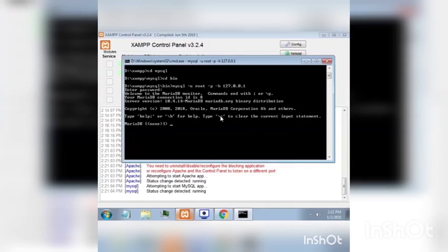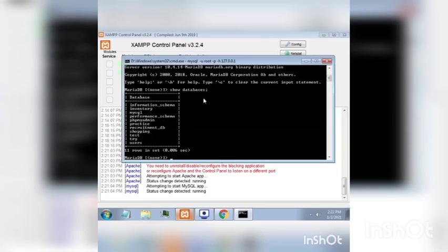To see the databases, type show databases. You will see the list of databases here. To create a new database, type create database, then the name of the database, let's say tutorial.